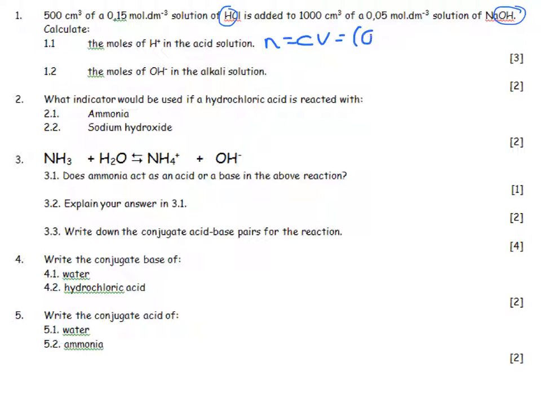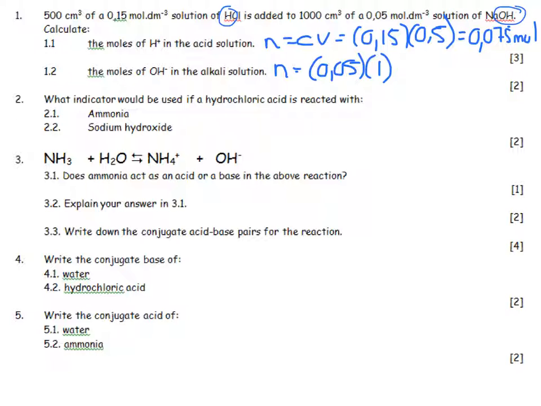For the acid, 0.15 times 0.5. Obviously I had to change that into decimeters cubed, and you get 0.075 moles. The next one, exactly the same formula, slightly different numbers. 1 decimeter cubed, and you get 0.05 moles